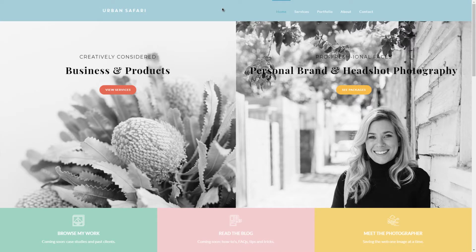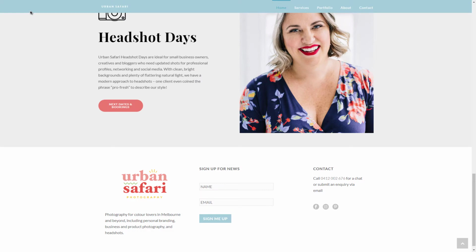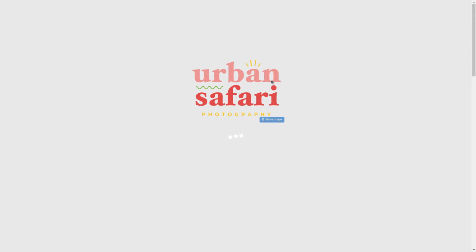Okay, moving on. Whenever a page loads on your website, you have this loading animation. I think it's not bad, but I've stopped it here intentionally. The logo is a bit too large. I think it could be made a bit smaller. It's a bit too strong now with the size, and the background color is a light shade of gray, and I think it would look so much cleaner with white, especially because most of your website has a white clean